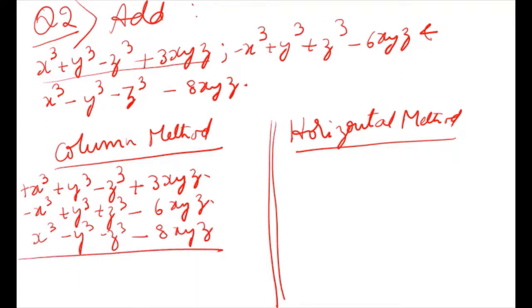Okay. Now in horizontal method we group similar terms in one bracket. So in the first bracket we will group x cube terms. So x cube, then minus x cube and plus x cube, all three grouped. Then we have plus